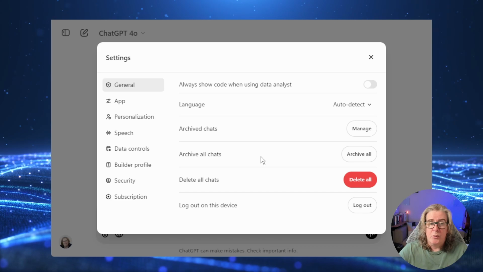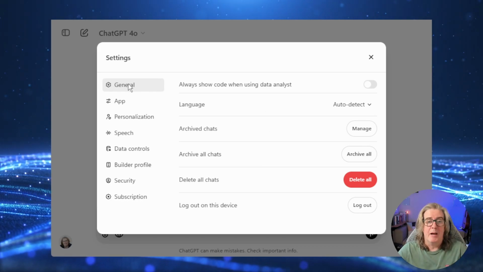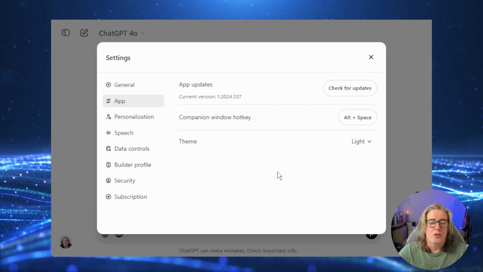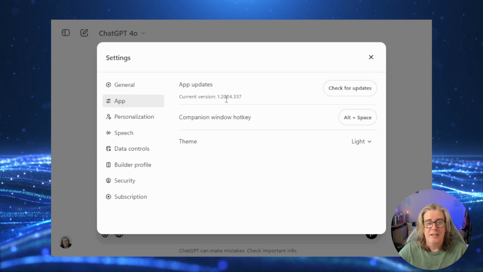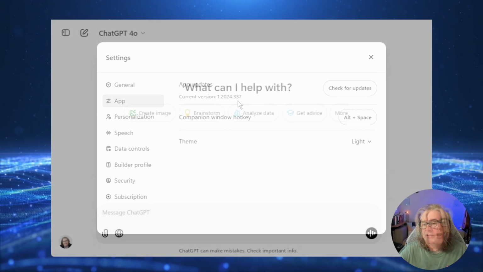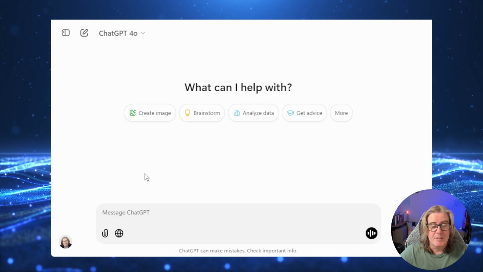One good thing to quickly go and check is what version of the app you've got. If you go into the app, you can do check for updates, and it's going to bring down the latest version. You can see here, this version is the 2024 337. So this is the main way that you interact with ChatGPT, which is typing prompts in the text box here,